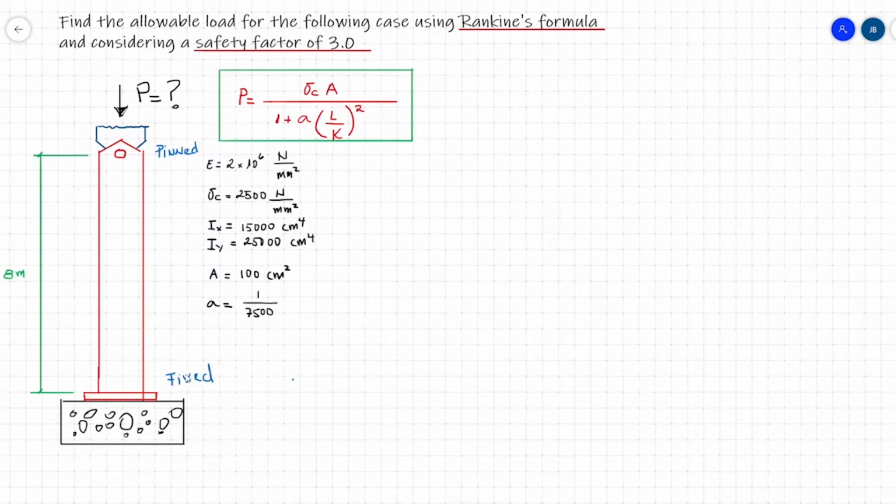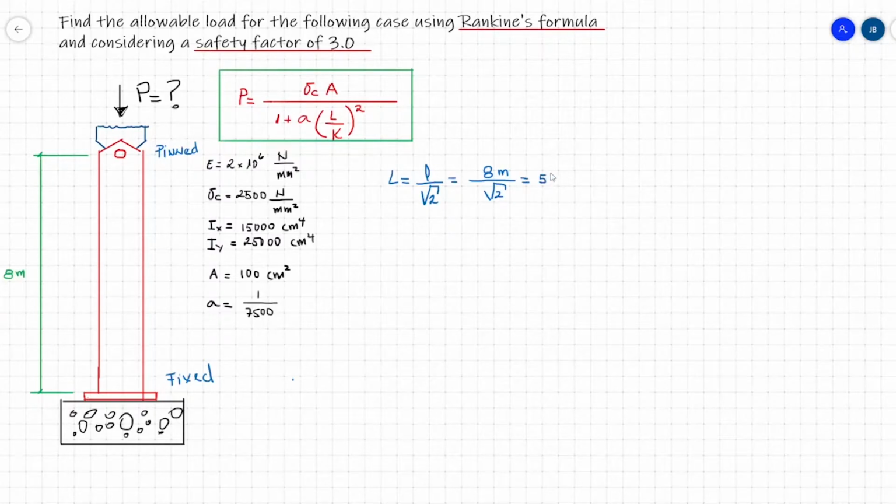So for this case that we have a fixed pin end, the effective length, I'm going to call it L, is going to be equal to L divided by square root of 2. And this is going to be equal to 8 meters divided by square root of 2, which is going to give me approximately